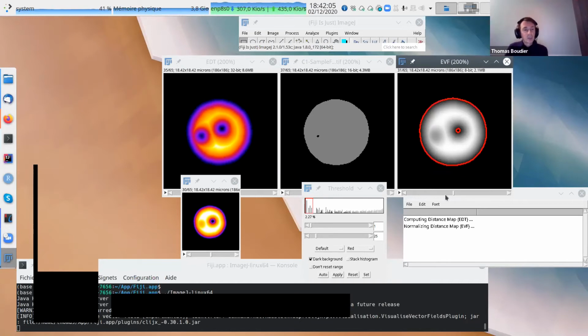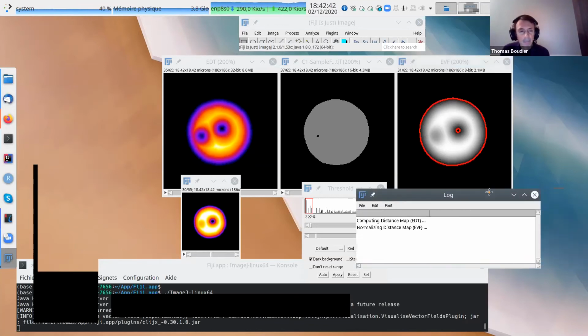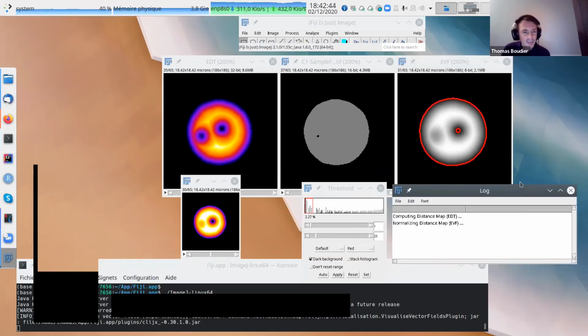I will have the first 10% pixels, 0.1 to 0.2 I will have the next 10% pixels, and I will have the same number of pixels, right? So the layers have the same number of pixels. So it's more accurate than the distance. If I have a distance from 0 to 0.1 and then 0.1 to 0.2, I may not have the same volume between them. So you must have layers of similar volumes. So you must use this EVF. Okay, is it quite clear, more or less?